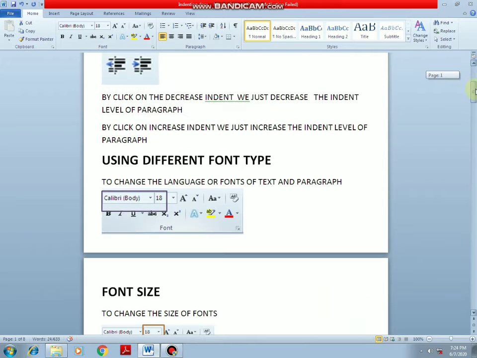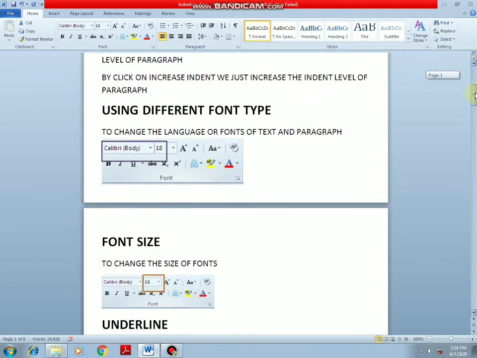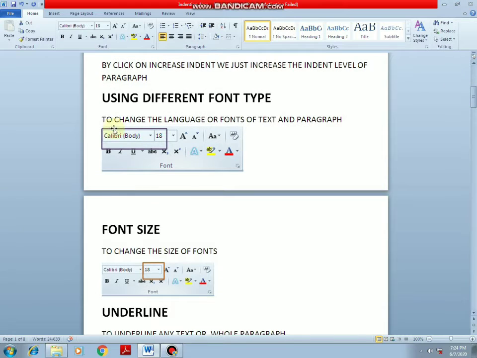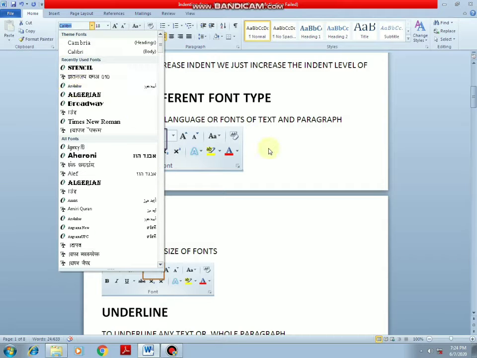Now we look at different font types. To change the font of the text and paragraph, we use the font type option. There are different types of font.